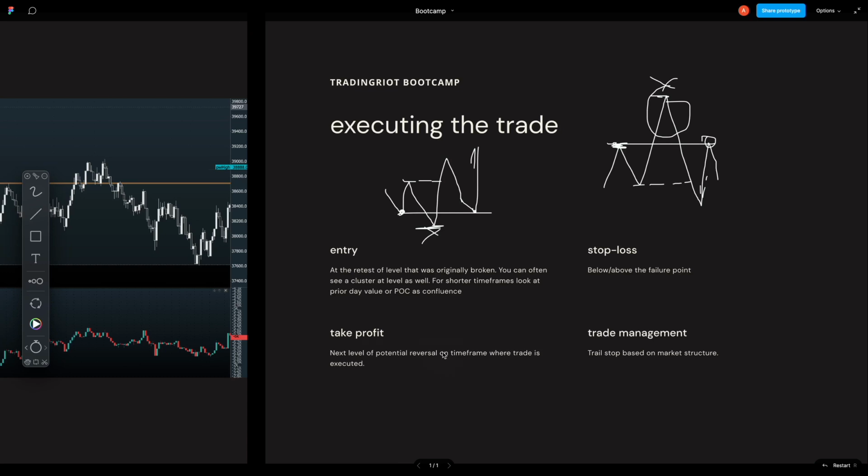The take profit is the next potential level of reversal on the time frame where the trade is executed. In a majority of cases, it will be this high here, because then you can make a 3 drive basically into here. So I very often with these things take profits at the first level where the pullback into QM started. Once again, this is the kind of thing where you need to be aware of the environment.